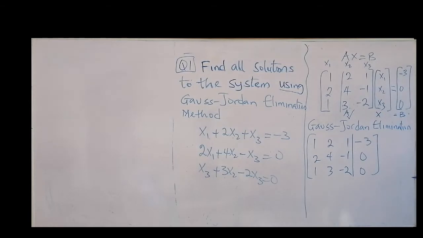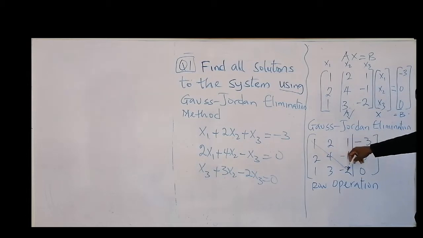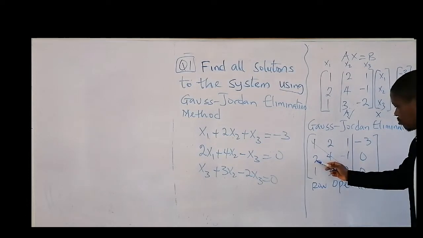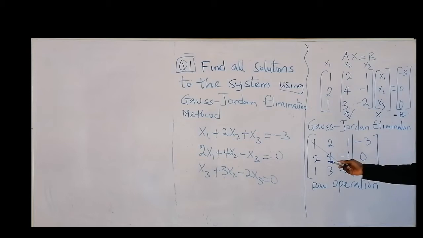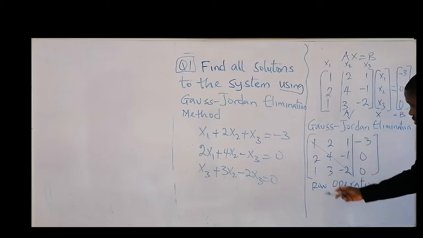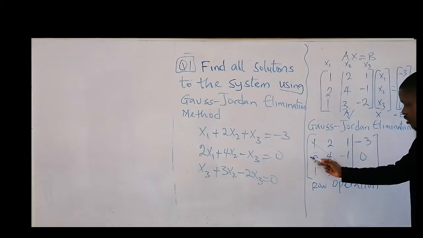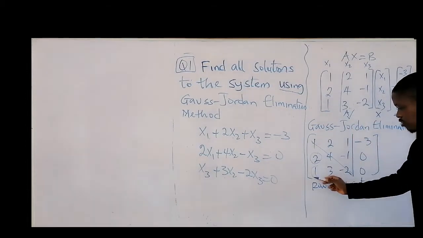Then after that, you do your row operation. What we are trying to do here, if possible, is to have an echelon form. You can have the beginning diagonal to be 1, 1, 1. So let's see how it goes. When you have the echelon form, anything below could be all zeros, or upper. This is 2. I want to make this to be 0. Likewise, this one also to be 0.